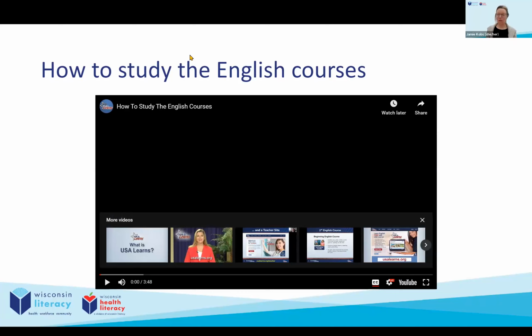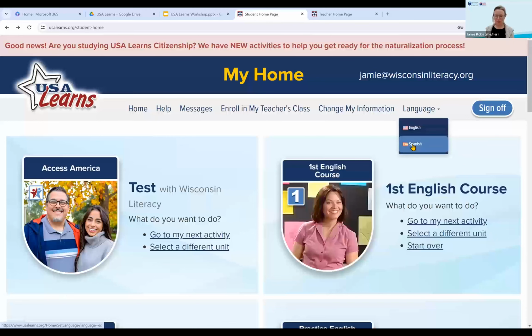And I do know from the website that there's an opportunity to switch languages for the whole website. I haven't found that super helpful though. Let me see if I can show you. So I can toggle here between English and Spanish. When I click on Spanish,